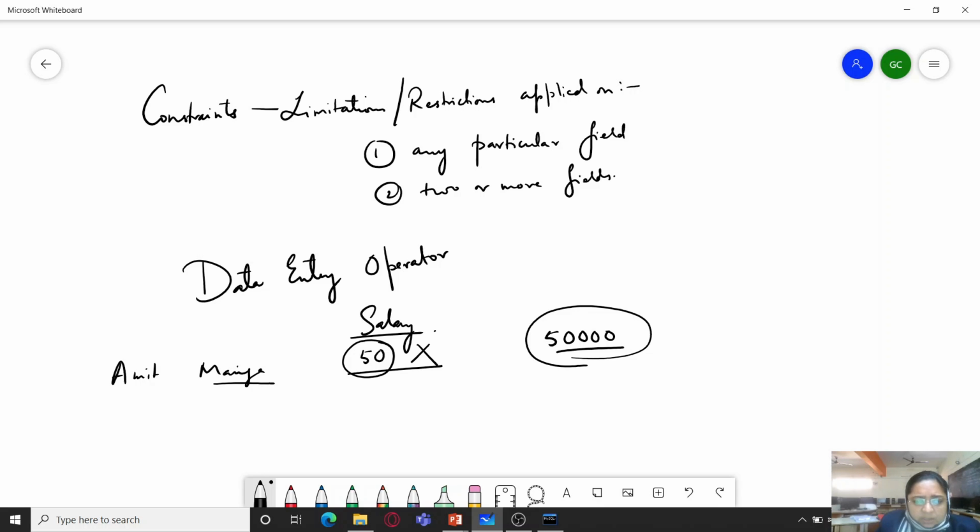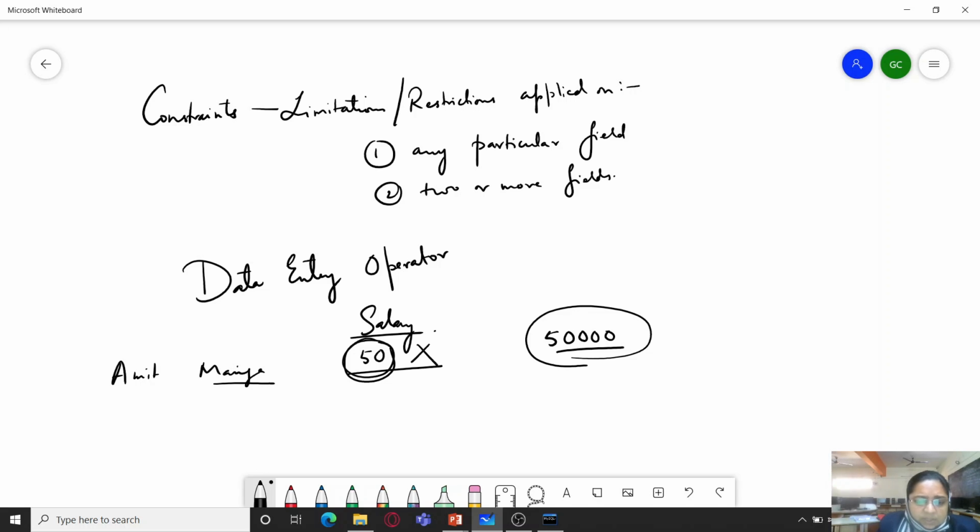Now we cannot apply too many restrictions, but we can at least try to filter down some of the things. It also happens that these data entry operators work for long hours at a stretch. At times they get tired, they may suffer from fatigue, because of which they might start committing mistakes towards the end of the day. So instead of entering 50,000, he might only enter 50 and press enter and move on to the next line. Or he gets a call from somewhere and in a hurry he presses the enter key. So these things are quite possible.